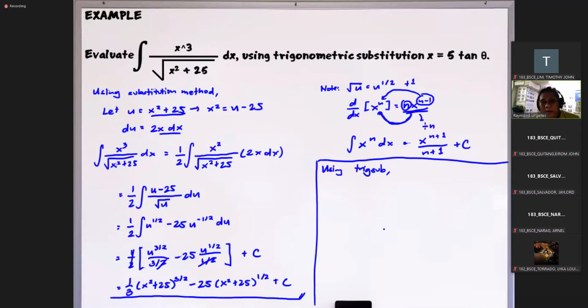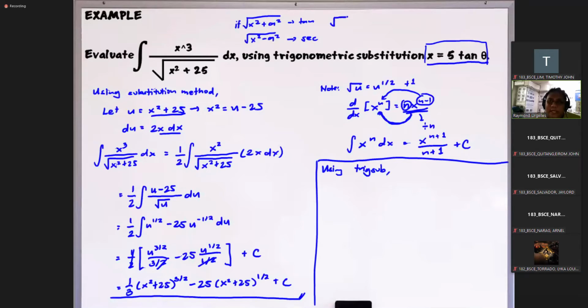Okay, so sabi dito, actually dito swerte tayo sa trig sub kasi sinabi na sa atin to. Usually kasi hindi to binibigay sa problem. Paano natin to malalaman? Depende doon sa nasa loob ng square root. Pag ganito yung format, x squared plus a squared, tangent yung gagamitin nyo dito. Pag ang format naman sa atin is something like square root of x squared minus a squared, ang gagamitin nyo naman dito ay secant.